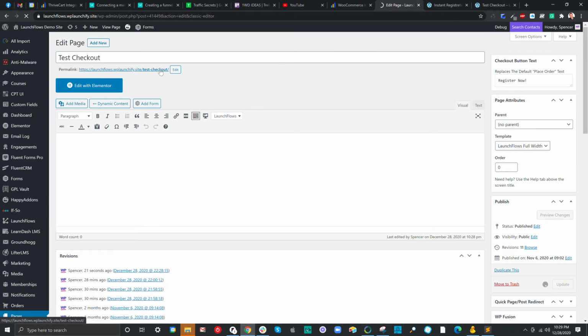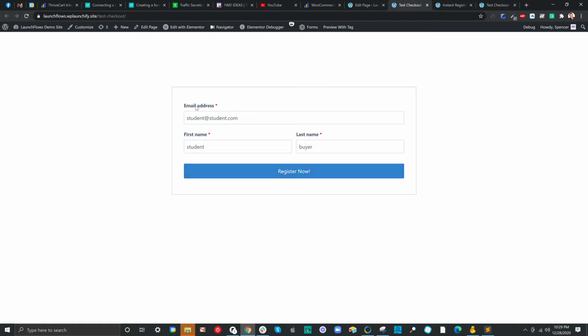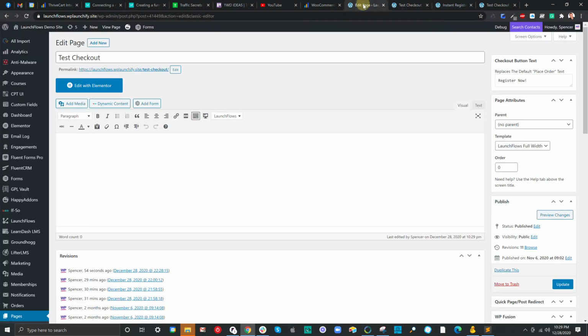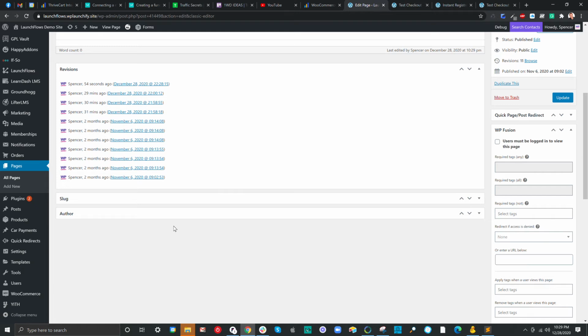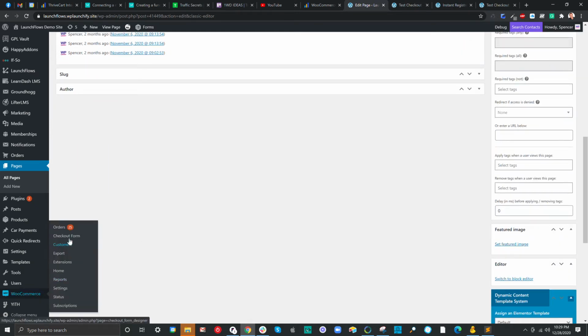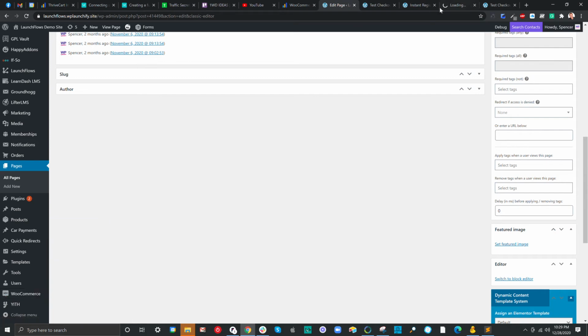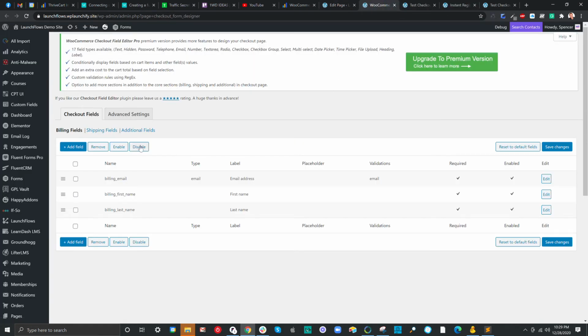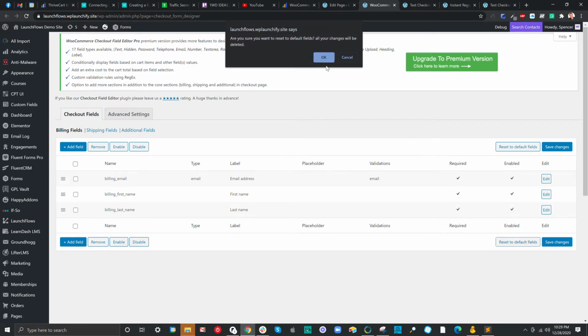If we look at what it has changed to, we can see that I've got register now, email, first and last name. Now, you might actually see the phone number and you might see those in a different order. So in order to modify that, I'm using a free plugin called the WooCommerce Checkout Field Editor, or it's sometimes called the Checkout Field Manager. That provides me with this option here, which allows me to take all of the other default billing fields and remove them. Let's reset this for a second